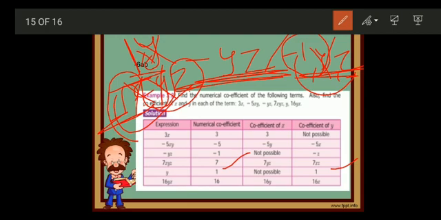See the next one, 16yx. The numerical coefficient is 16. The coefficient of x is, except x, the product of the remaining factors, that is 16 and y. So 16y. Coefficient of y,